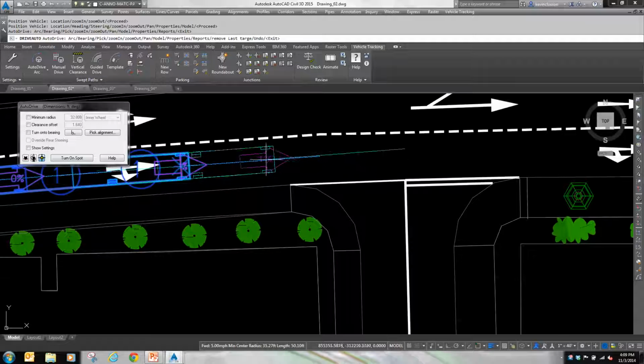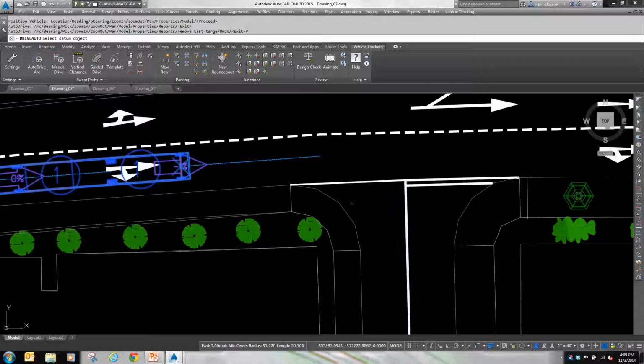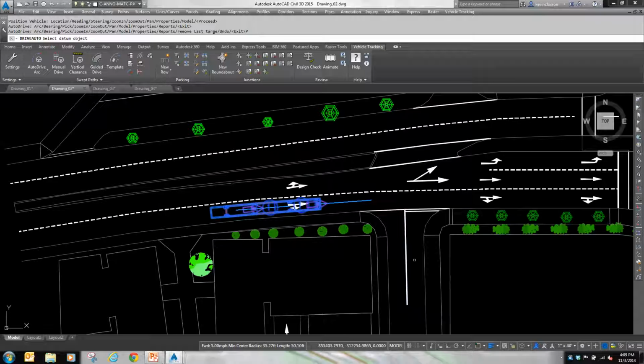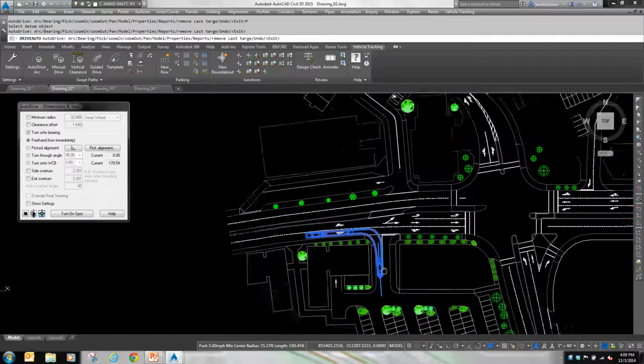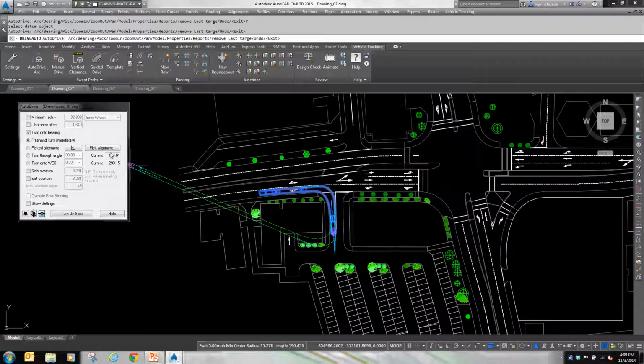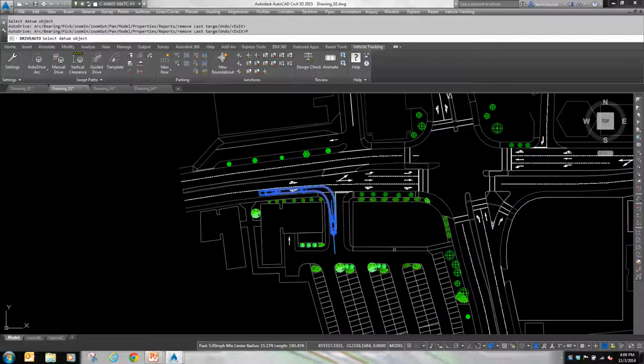But here's another command that makes this really nice. There's pick on alignment. Now, and for the record, these aren't true Civil 3D alignments that we're all used to creating. These are just lines. But what it does is it orients my vehicle. So I could pick this one, and you'll see as I take it down that path how it's staying parallel to that line. Then I can continue on, do another pick alignment, pick this one down here,